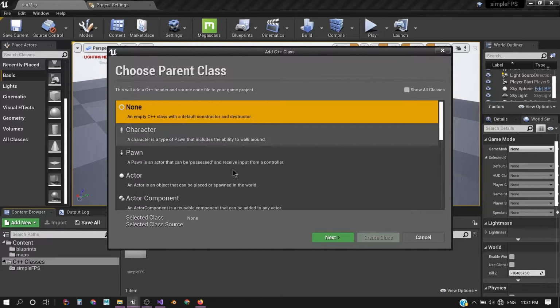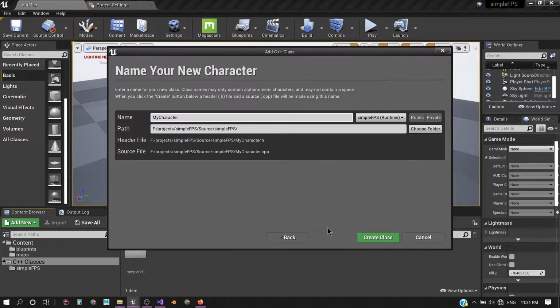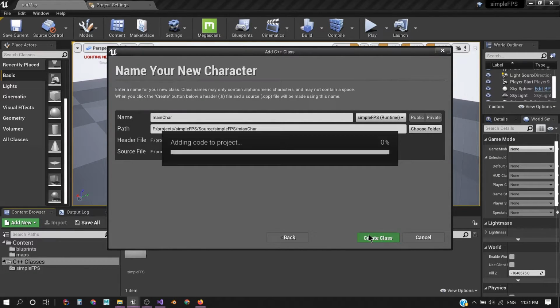So we are interested in creating a new character. Let's call this main character, like this, and I want it further in a main character subfolder. So creating this,